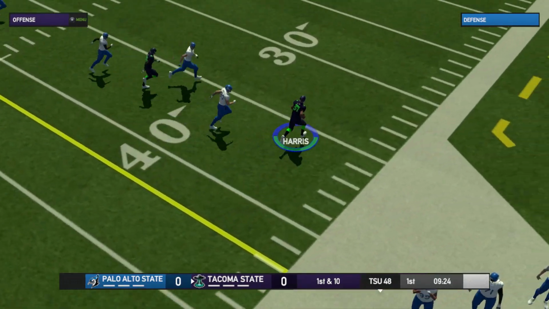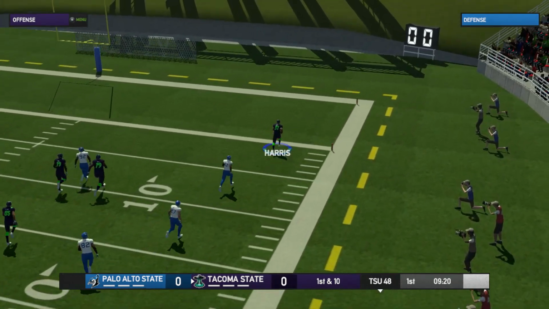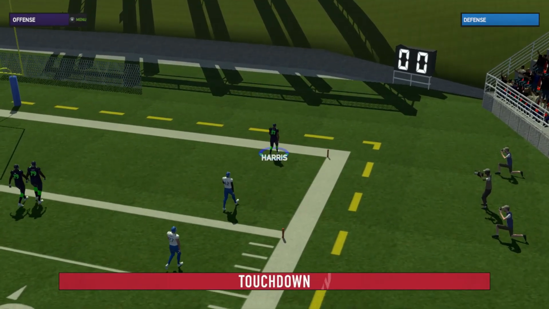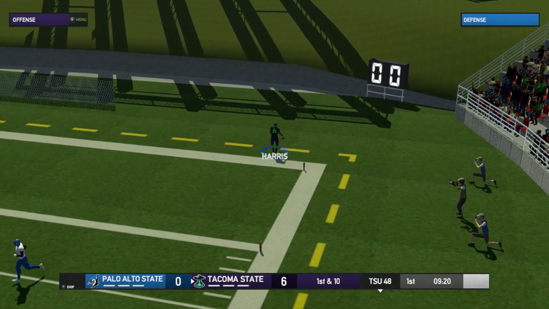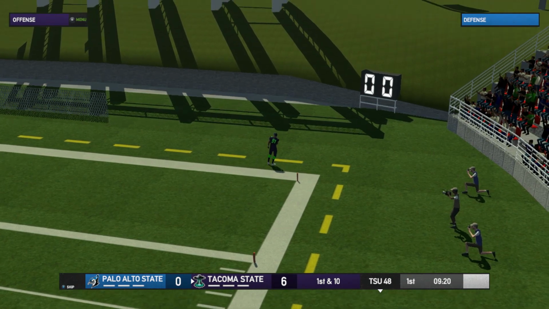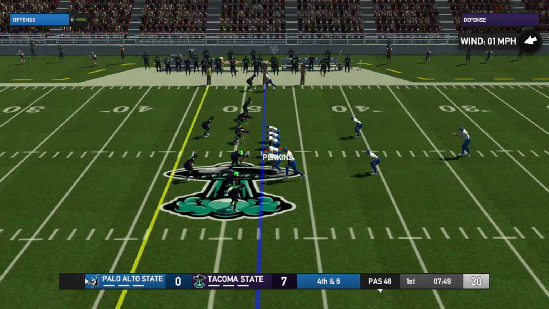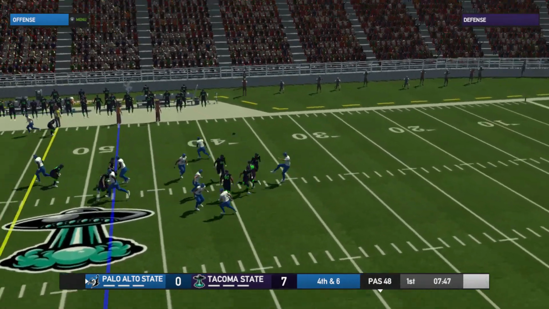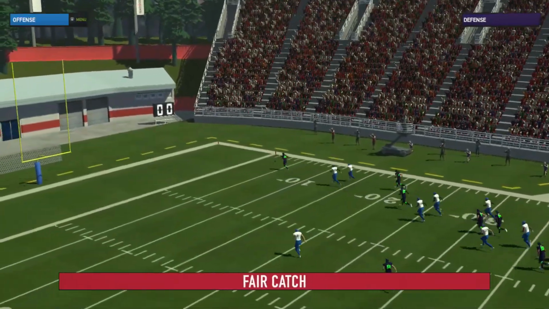And usually that doesn't mean good things, as Harris breaks the top open off the crossing route, and just like that, Tacoma State is going to strike first in this ball game, taking a 7-0 lead. And that's something that we've known about early on, man. You know, we've known that Tacoma State has a very dangerous offense to begin this game,